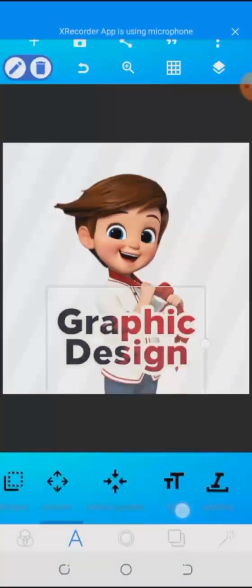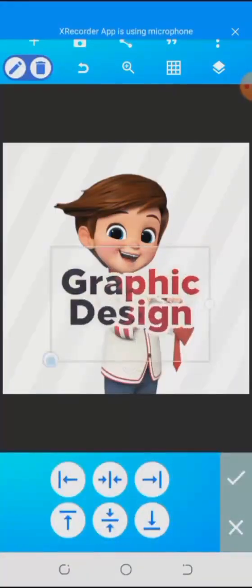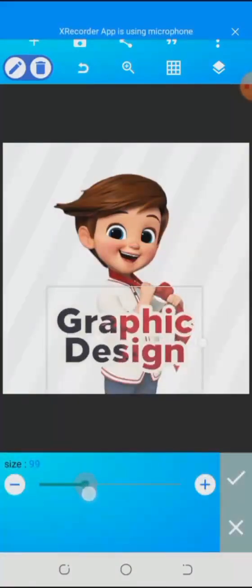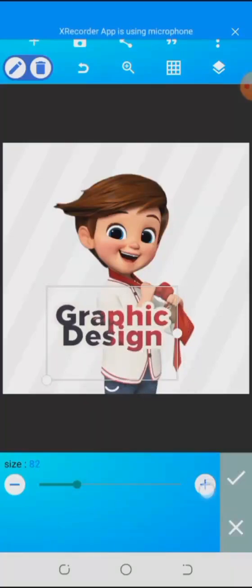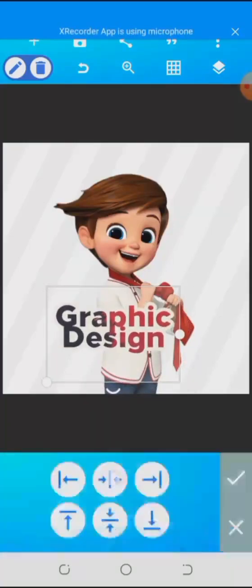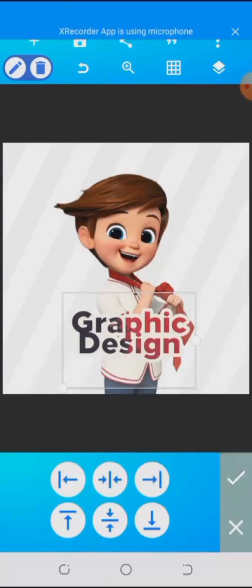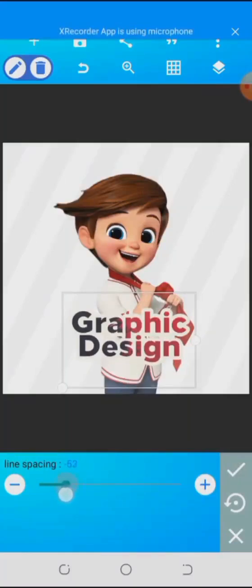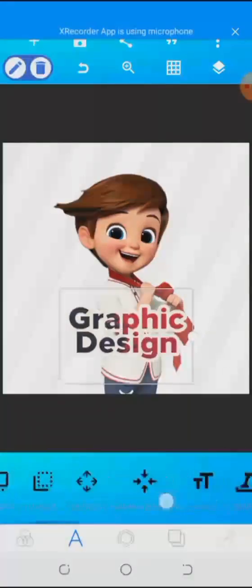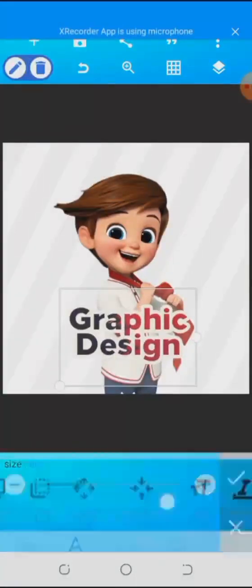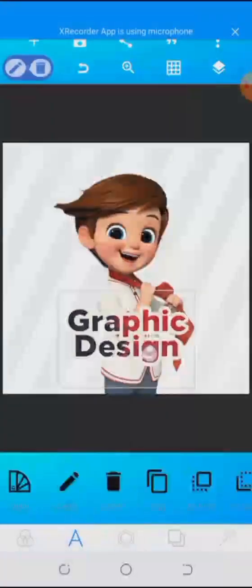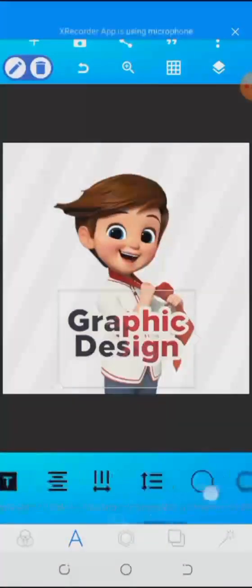Yes, let's use the middle alignment. So you could always adjust the line spacing. Alright, so that's that for that. And then